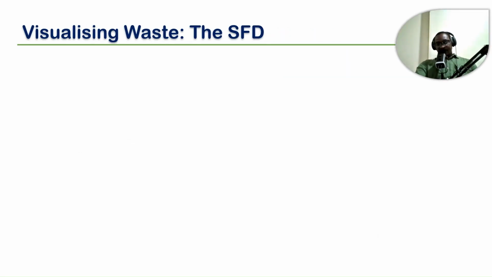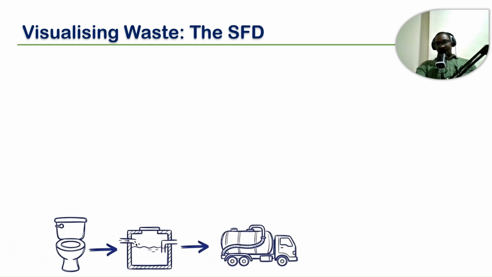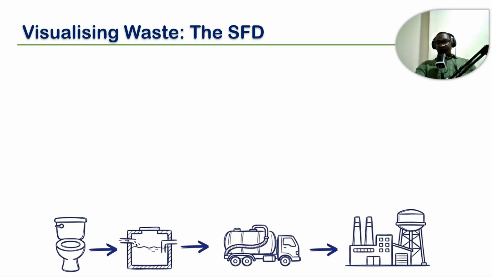visualizing this waste. Once you've done your assessment and arrived at a consensus, you need to visualize and give an idea. So the visualization here, we're referring to using the sheet flow diagram, which gives you an idea of what is safely managed and what is leaking through the community as unsafe. So this covers the entire sanitation value chain and starts with containment. Here you have the user interface first of all, then you have the containment, emptying and transport, and then you have the treatment, which ends with